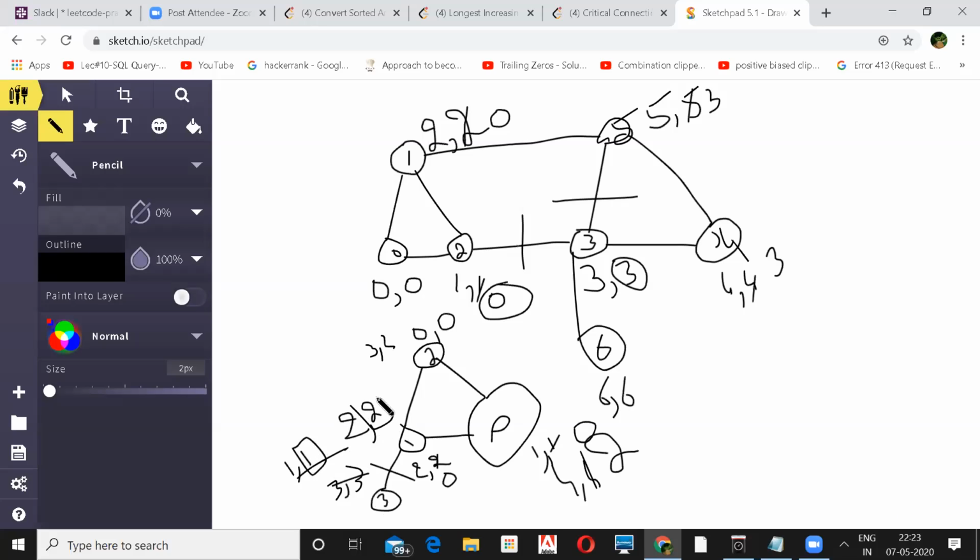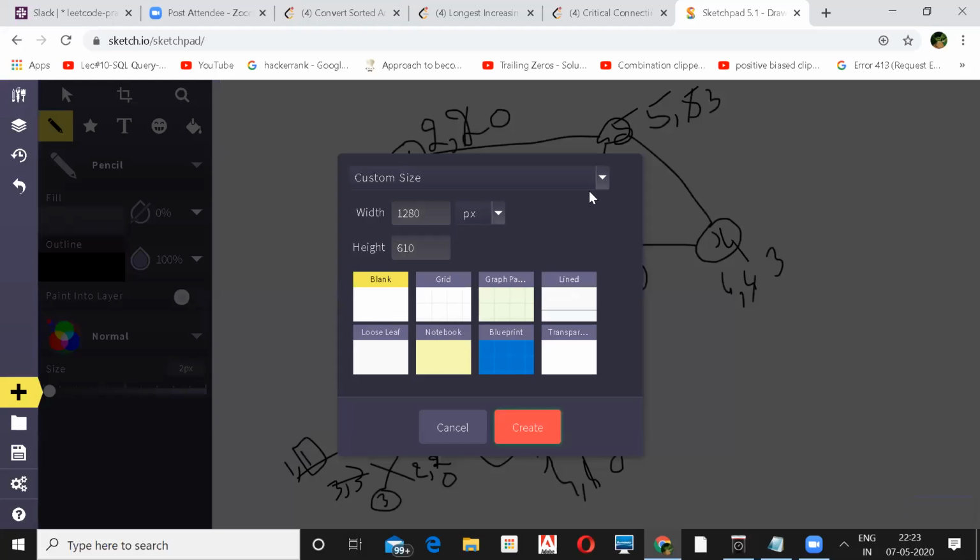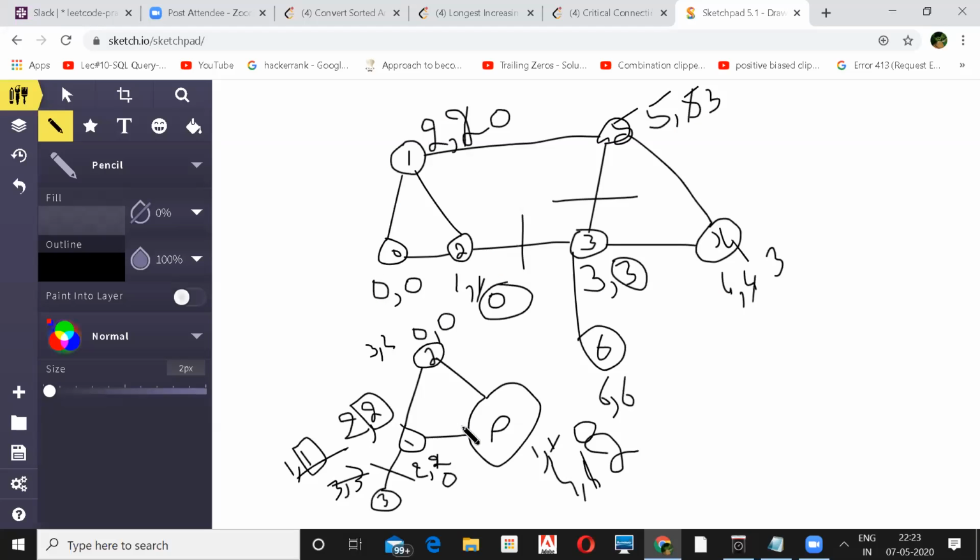Wait, don't we have a visited node somewhere? Because it seems like if we don't have a visited node, we just keep going back. You have to have visited nodes. That's why I'm backtracking. When I came here, I saw that this node is already visited. That's why I backtracked to here. And again, I'll backtrack to here, and then I'll backtrack to here. We are keeping track of visited ones, that nodes had already been explored.